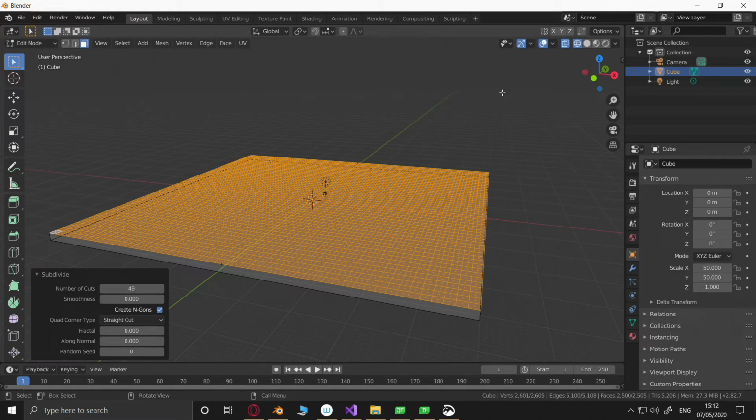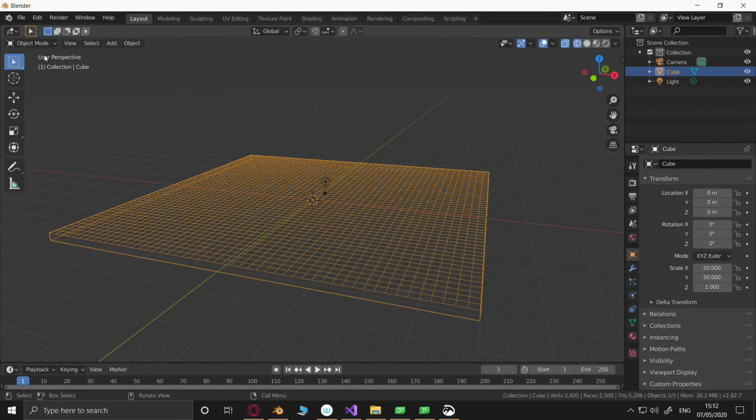What I would then say is go back to object mode and get our cube, which is now our plane. Call it a plane. That's fine. Its location isn't. Uh, 25 meters.